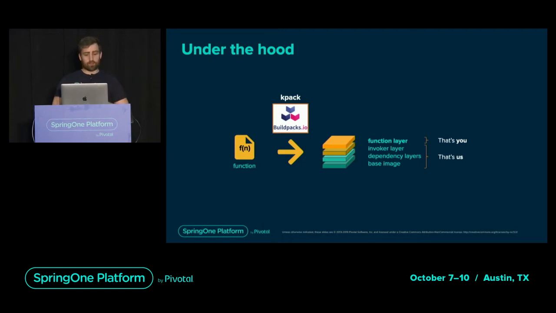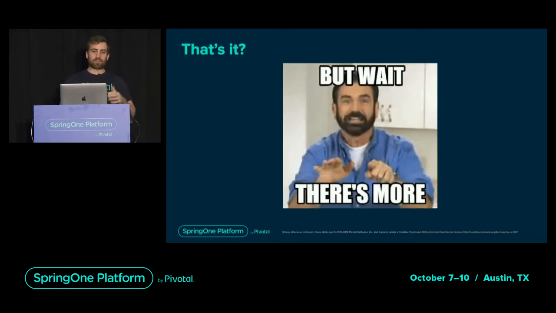And I also like this visual representation because it reminds me of a quote from Dave Syer, who is here in this room, who defined serverless two years ago at SpringOne by saying that there is even more you don't care about, right? We are familiar with infrastructure as a service, platform as a service, and here it's a visual representation of all the things you don't care about that we provide for you. You provide the function source, and then all the other layers are basically provided by Riff, by coordinating what Kpac does for us. But that's not it, right?